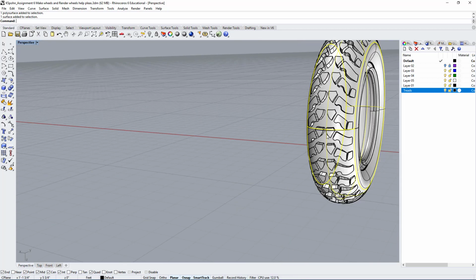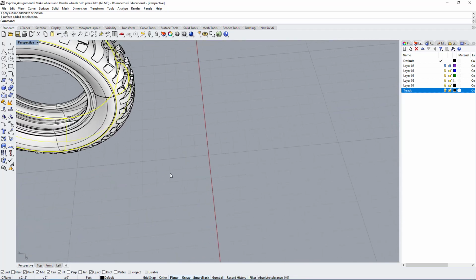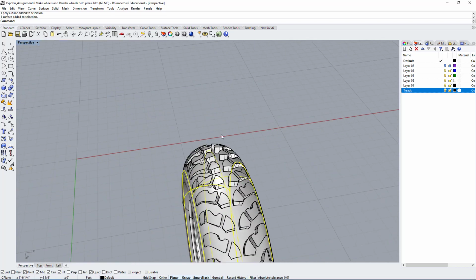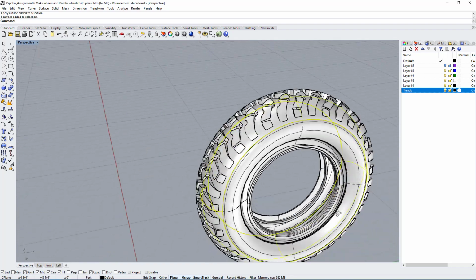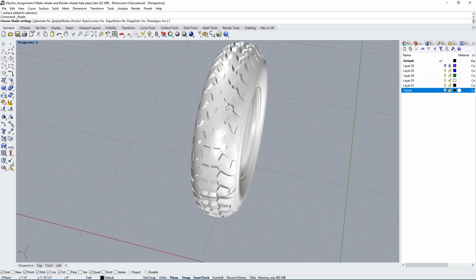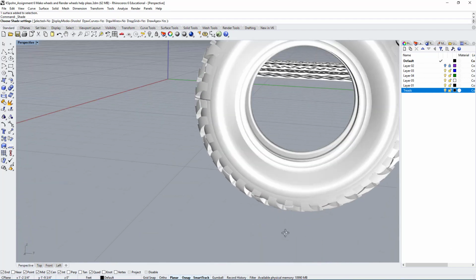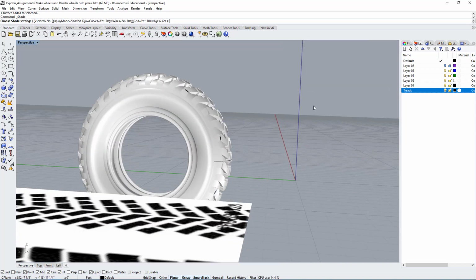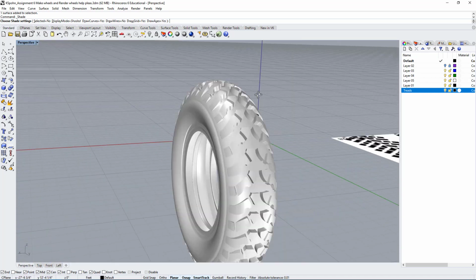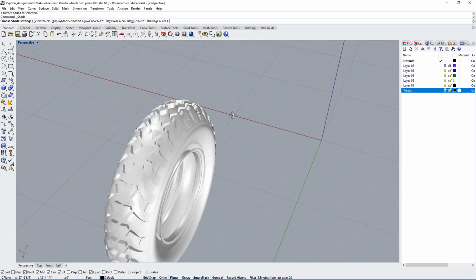Now if we wanted to, we can also make it a solid and do a Boolean union and make it a little better still. We can keep working on it and get better results. But for the sake of this demo, I think you get the idea. This is the basic workflow that I would suggest that you do use when you're creating threads.